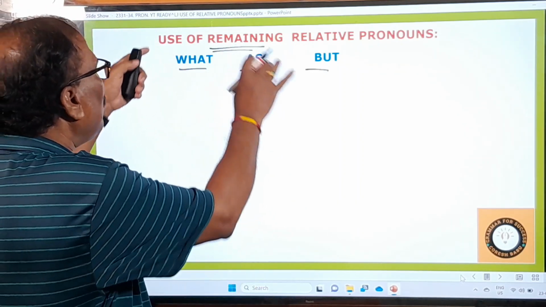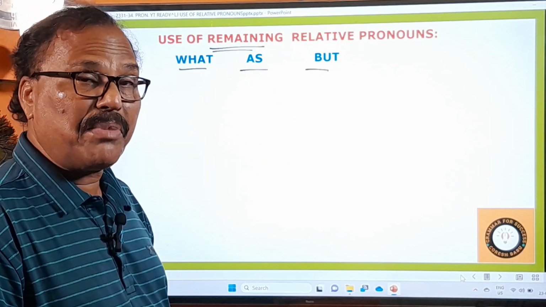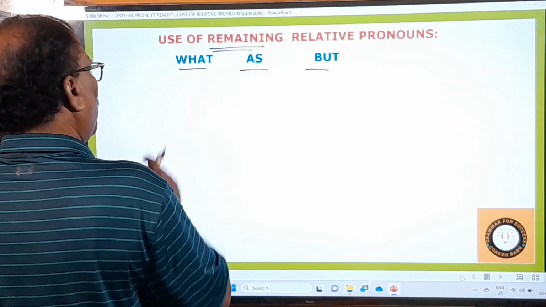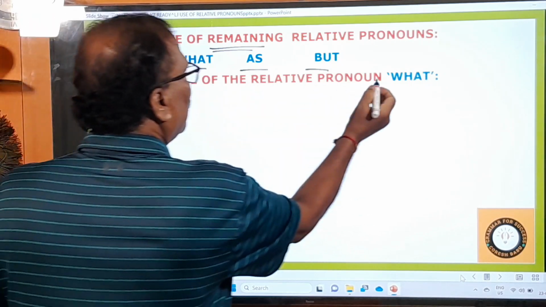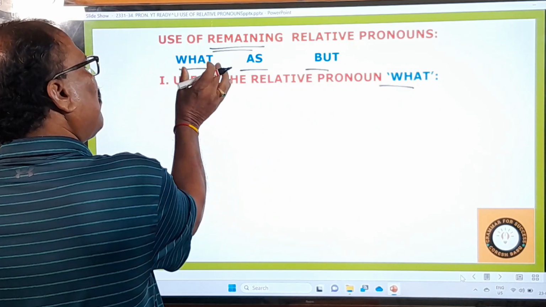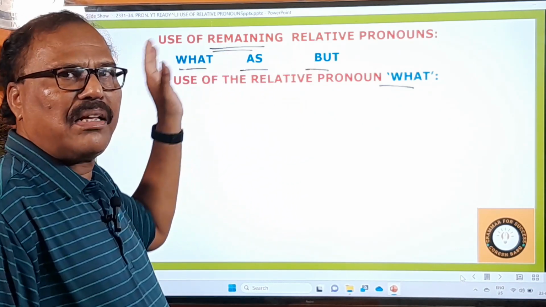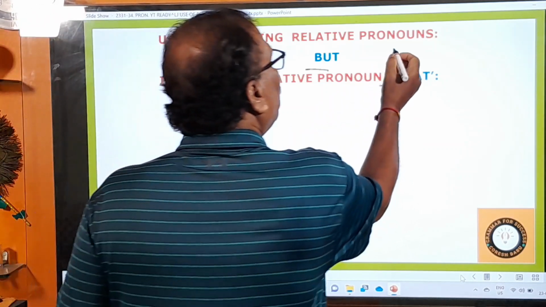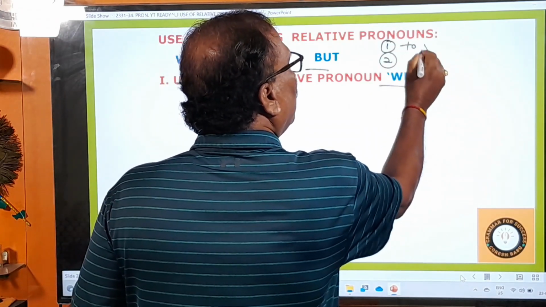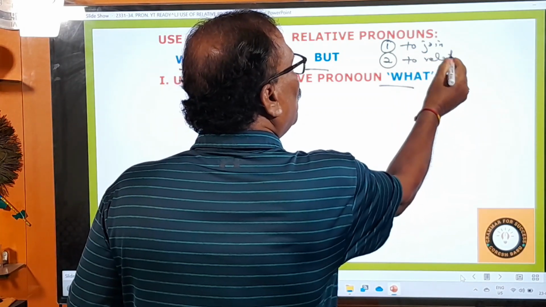And now we are going to learn the use of these very important relative pronouns from the competitive examination point of view. First of all, I would like to take up the use of this what. About what, and all, I need hardly say that they are used just like other relative pronouns. How are the other relative pronouns used? They perform two duties. One is to join the two separate sentences together, and the other is to relate to